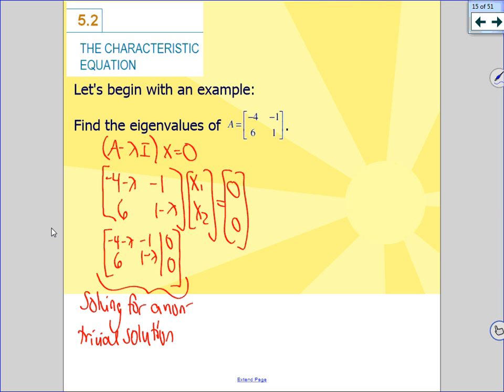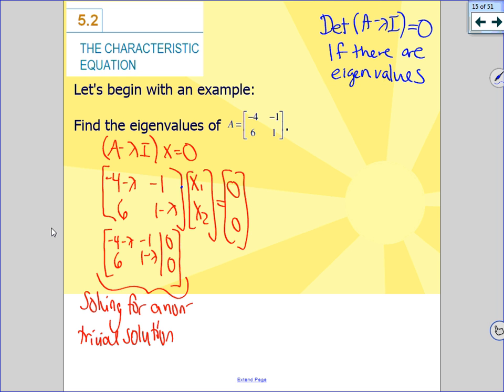If this has a non-trivial solution, what's going to be true about this matrix right here? The determinant is 0. So generally, it's easier to solve knowing that the determinant of A minus lambda I has to be 0 if there are eigenvalues. That wouldn't tell you what they were, but if there was confirming this. No, it would. It does. You multiply -4 minus lambda by 1. And then you add 6, and then you set that to 0, and then it's like lambda. So the determinant would be